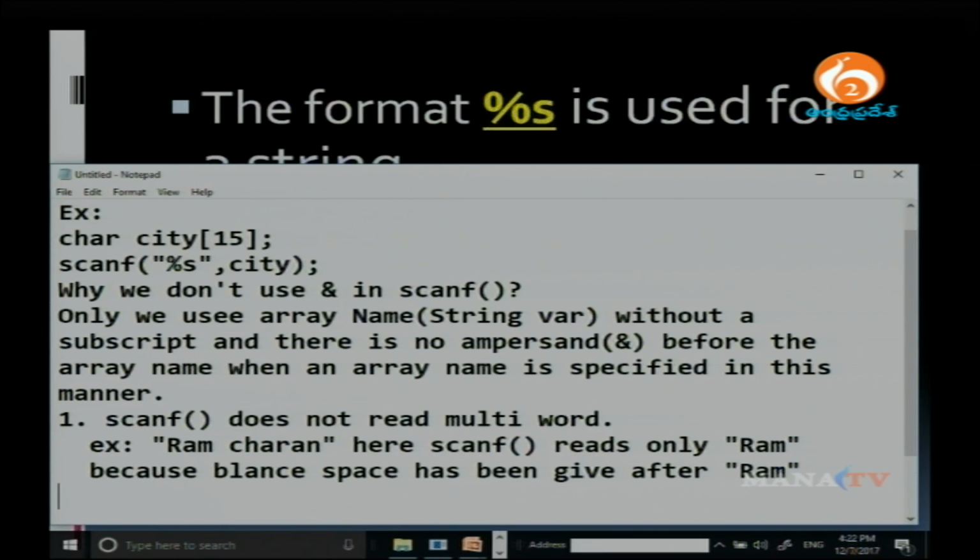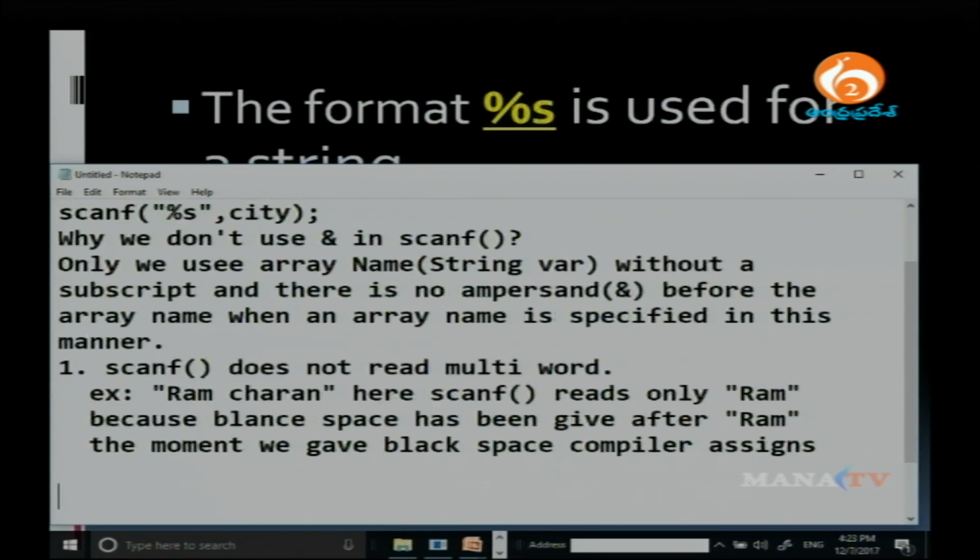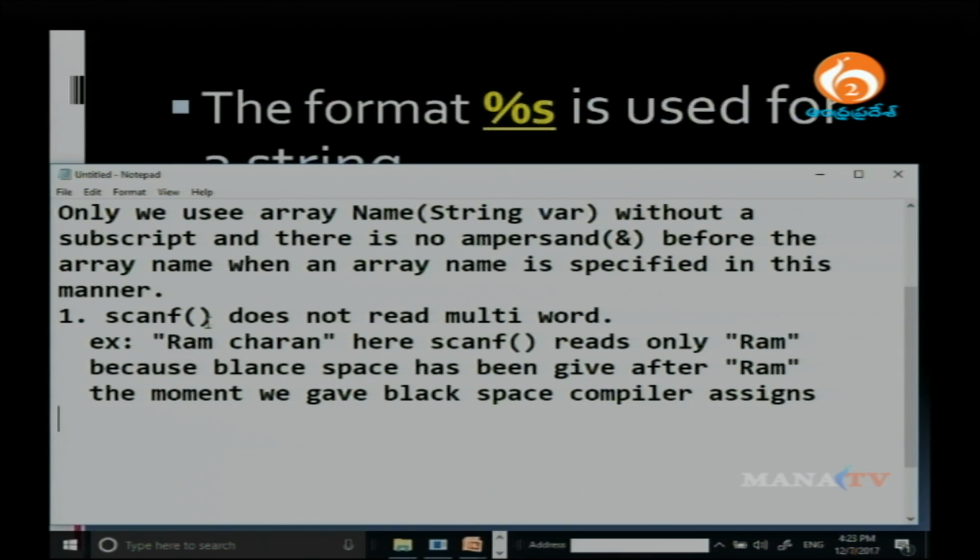The moment we gave the blank space, the compiler assigns a \0.